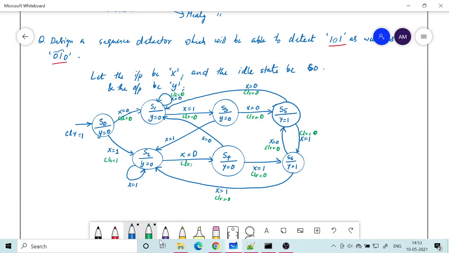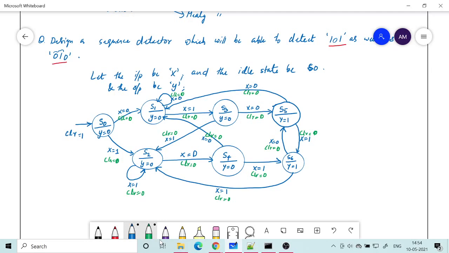So you can have active low clear or active high clear, but I am using active high. Okay, so that's why all this state change is happening when clear is equal to 0. So here also it should be 0. So I hope everywhere I have written clear now. Okay, one more. So whenever clear is 0, the state change will happen according to the detection of the input. But if clear equal to 1, I don't even look at it, x is don't care.